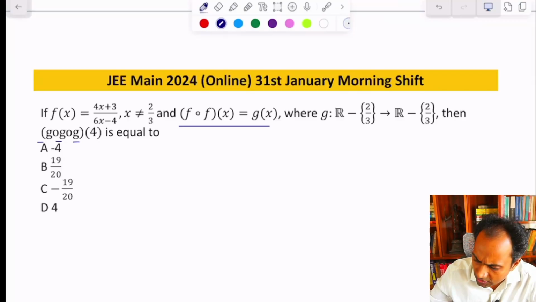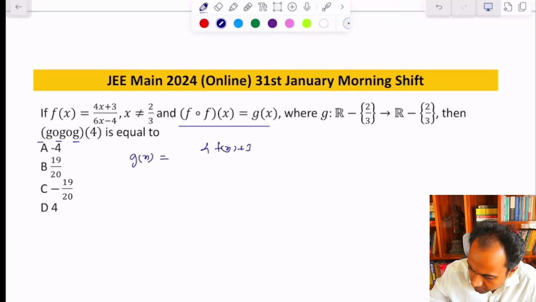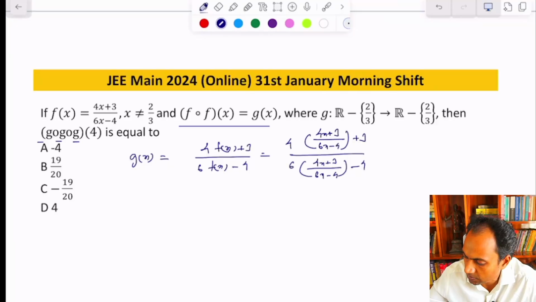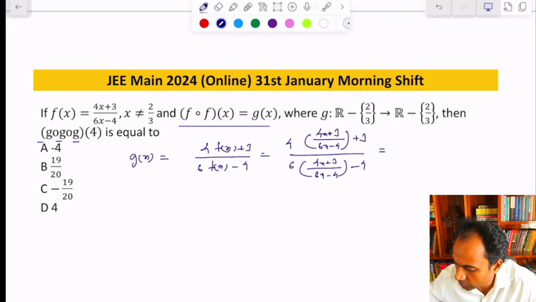So let us first understand what will be the value of gx. For that, I will have to put fx inside fx. So we have (4fx plus 3)/(6fx minus 4). And here if I put the value of fx, this will become (4 times (4x plus 3)/(6x minus 4) plus 3) divided by (6 times (4x plus 3)/(6x minus 4) minus 4), and which if simplified will come out to be